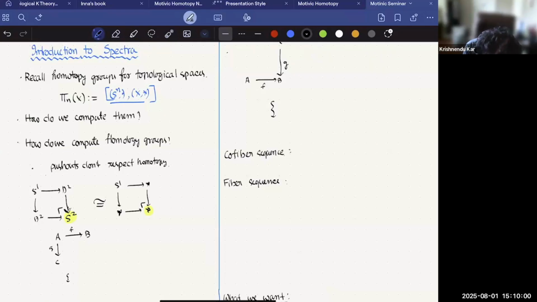Instead of looking at the pushout of S1 to this point star, take the mapping cylinder of this map F. That will be a cone, just a cone: S1 cross I, with the top portion identified with the point. That is your S1. Now, if you take the pushout, it will give you